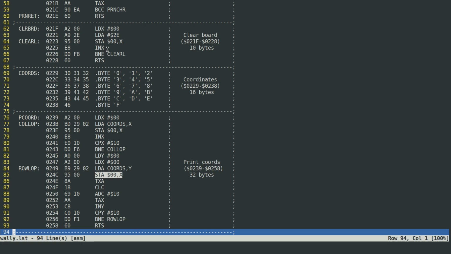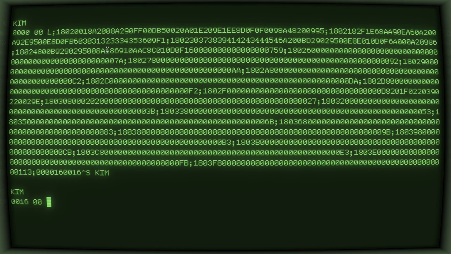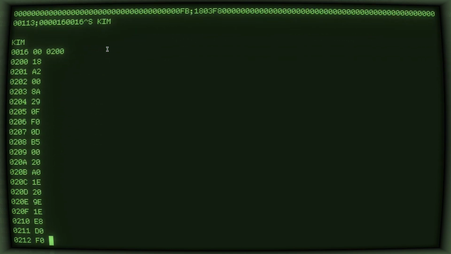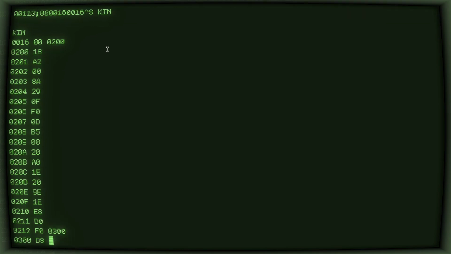I will first show you how this works in my KIM-1 emulator for Linux, and then the same on a smartphone in the mobile version. So I already have the paper tape for this exact listing that we've just seen in the clipboard. So I just paste things in. And now if I go to 0200, these are the codes that we just had a look at, but the driver code is located at 0300